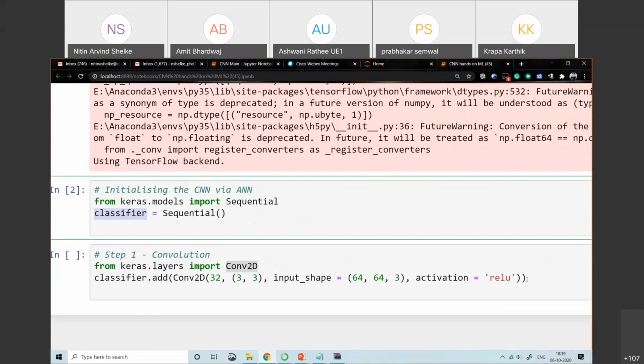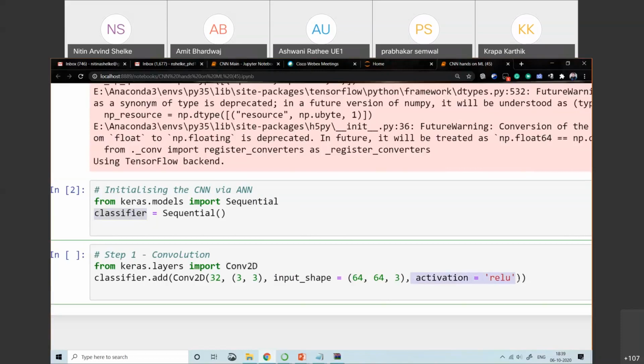As part of the output layer, we use either softmax or sigmoid. If it is a binary classification, we go for sigmoid. If it is a multi-class classification, we go for the softmax function, and for the remaining layers we use ReLU as the activation function.